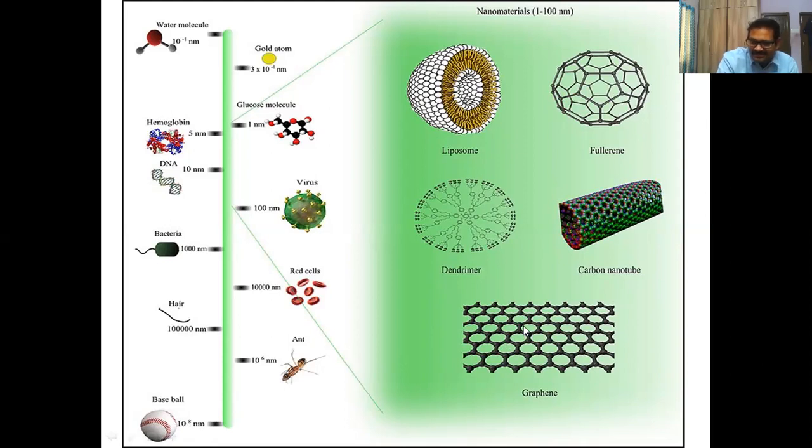So other than sizes, nanomaterials have shapes. Carbon has allotropes in bulk form, graphite and diamond, everybody knows. In the nano form, it has 3 allotropes: fullerenes, carbon nanotubes, and graphenes. They are all similar in structure, only the shape is different. One is spherical in shape. One is a tube in shape, so this is the carbon nanotube, and one is a sheet, like graphene.